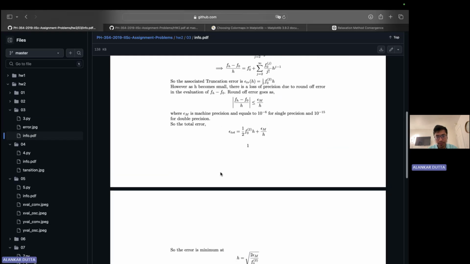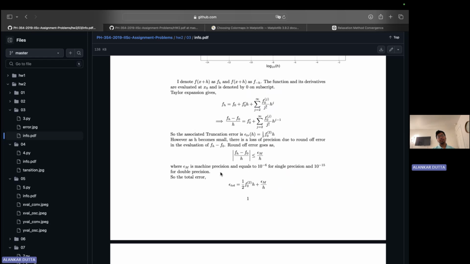Yep, here it is. Here you see that f of x plus h you can write as a Taylor series expansion. This is from high school, where you can write a Taylor series approximation of a function. The Taylor series approximation of f of x plus h is f naught, where f naught is the value of the function evaluated at x naught. In our specific case, x naught is 1. So f naught plus f naught prime h plus the second derivative of f naught